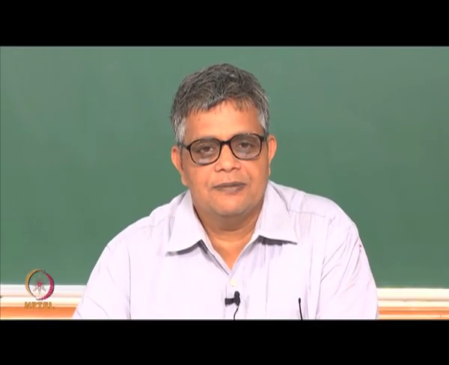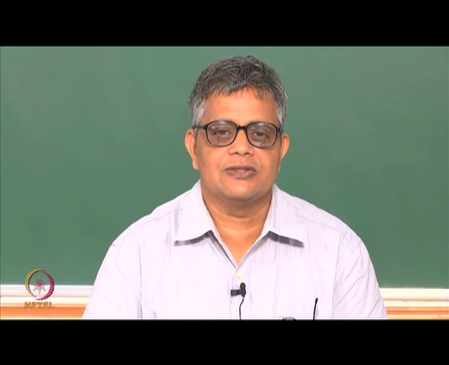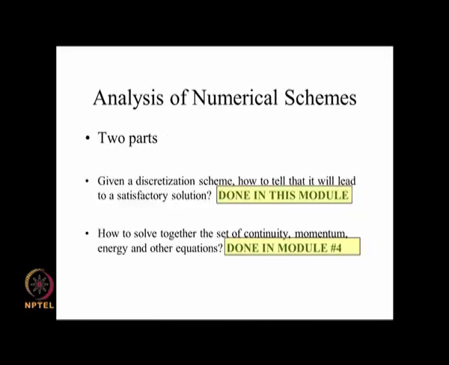We are starting part B of module 3 today, and in this part B we are going to look at the analysis of discretized equations. The idea being that, as shown in the last case study, not every finite difference approximation for every derivative gives us a solution which is satisfactory. So we would like to see under what conditions we get a proper solution and how to solve these equations properly. This analysis is essentially in two parts.